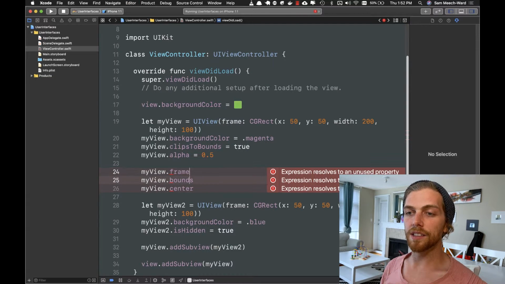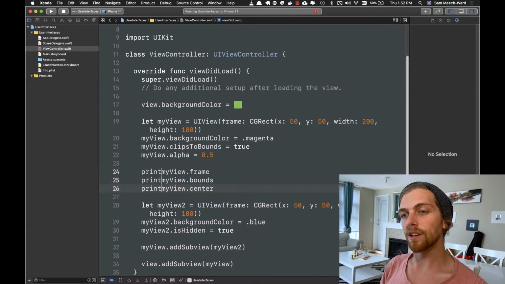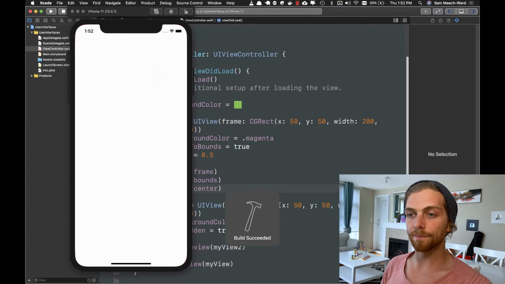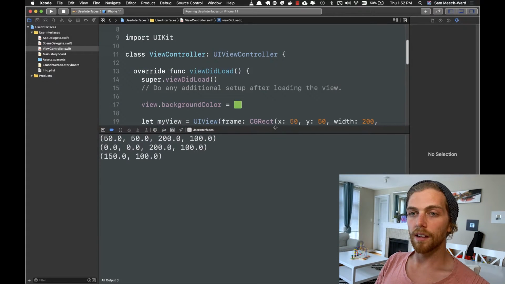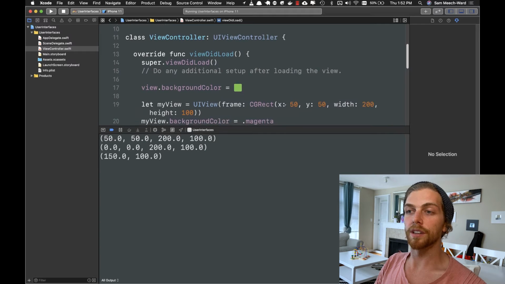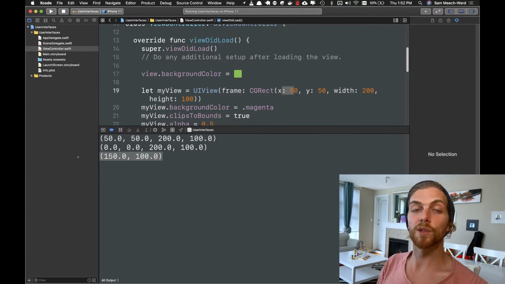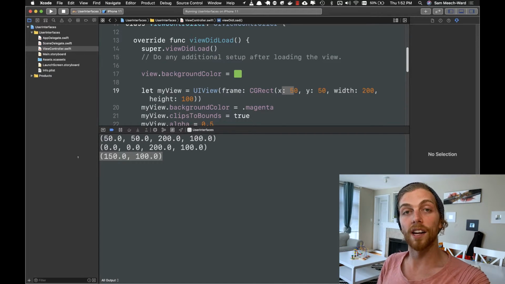And I think the easiest way to talk about these is to first see what their values are. So if I print the frame, bounds, and center, we'll see that the frame has an x and y of 50, a width of 200, and a height of 100, and this is exactly what I set the frame to be, so no surprises there. The center has an x of 150 and a y of 100,